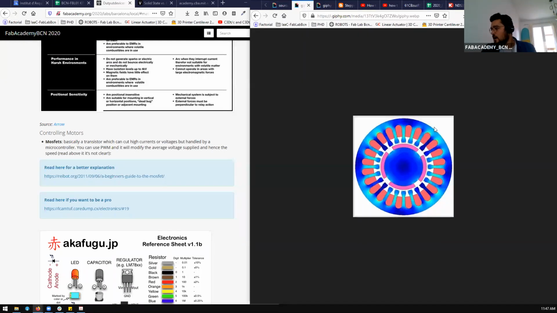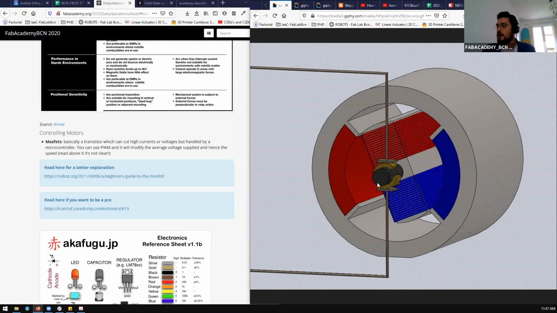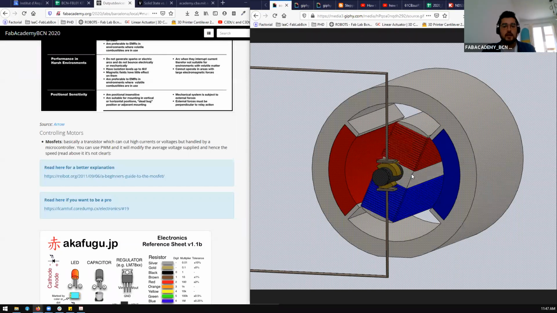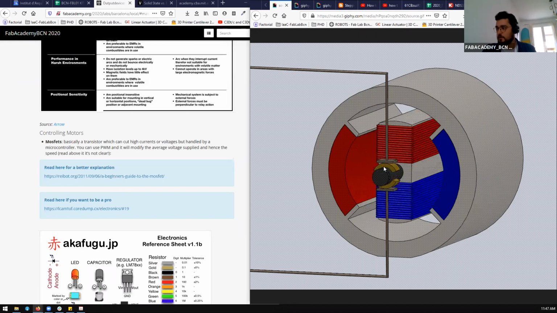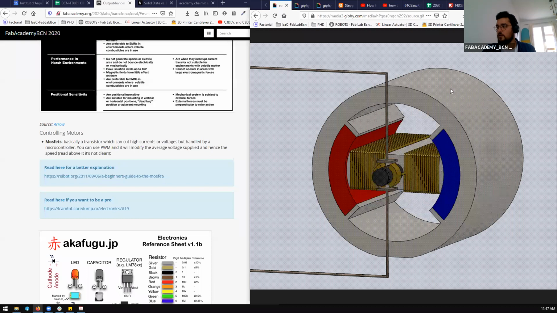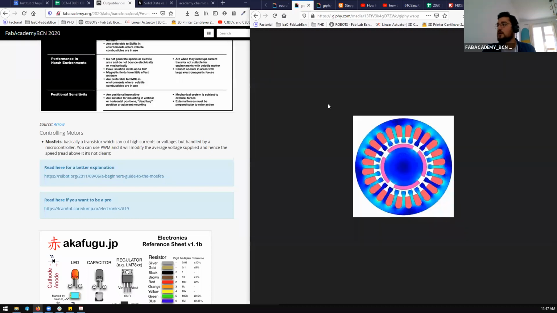So I think it was Pablo who was asking how a dynamo actually works. What happens if what you are moving are the magnets, because dynamos kind of do the opposite. In here you have the coils rotating. In dynamos, what you do is have the coils steady in a fixed position, and what you rotate are the magnets around. So when you rotate the magnets around, in this graphic you see the attraction pole of the